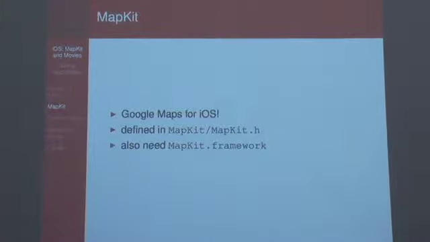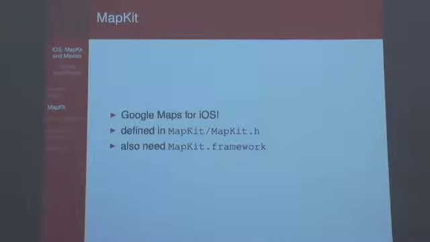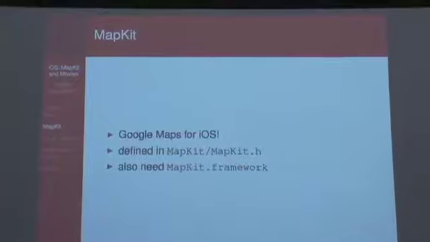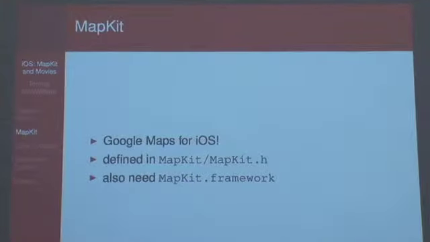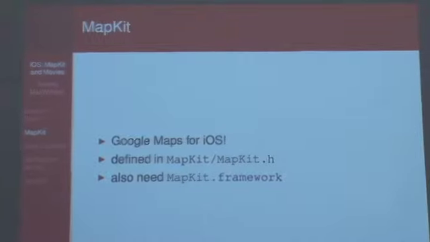So first, we're going to be covering MapKit, which is an implementation of Google Maps. And it's actually using Google Map data for iOS. So everything that we're going to be using today is contained in a single header file that you care about, and that's mapkit/mapkit.h. That slash, just as you might expect, indicates that this is located in some subdirectory of a